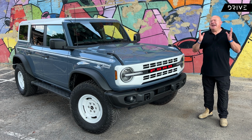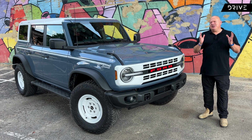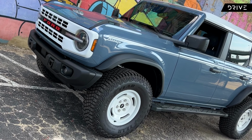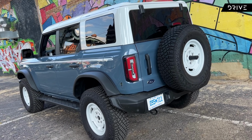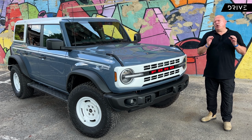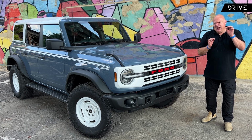Meet the new Ford Bronco, and before you get too excited, no, it is not coming to Australia. Well, at least not yet, and at least not in this guise. In this video, we'll explain why it's so difficult to get the Bronco into Australia, even though it has the same chassis as the Ford Ranger Ute, and which model we reckon Ford might choose if they get the car